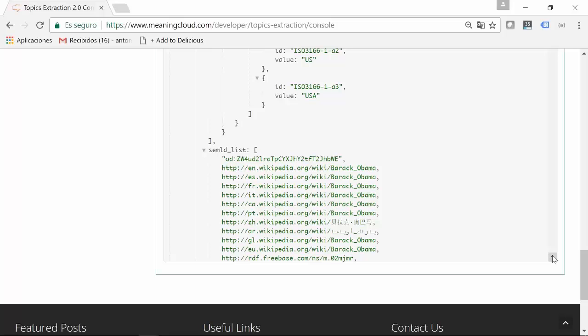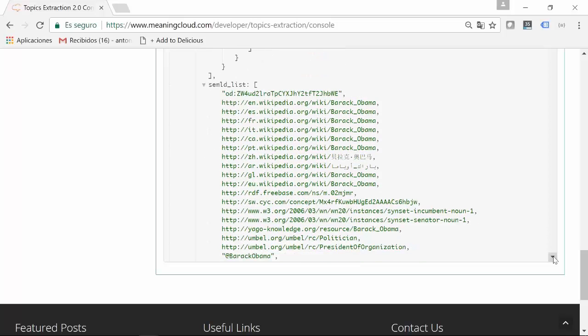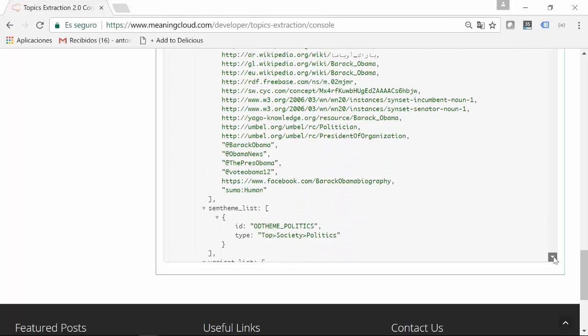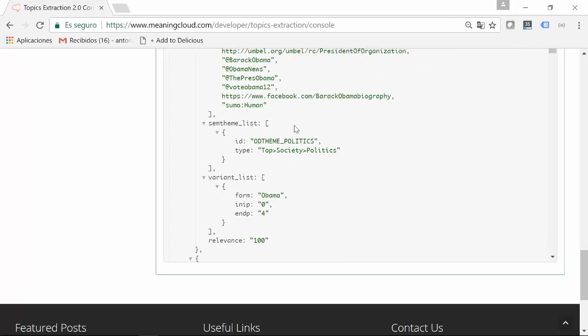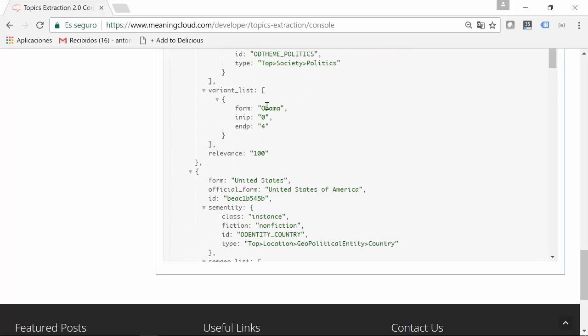Also, the API returns some information from open sources about these specific entities, like, for example, Wikipedia articles and other data, and some semantic information related about this entity that has to do with politics. And also the variant that appears in the text is Obama, okay?